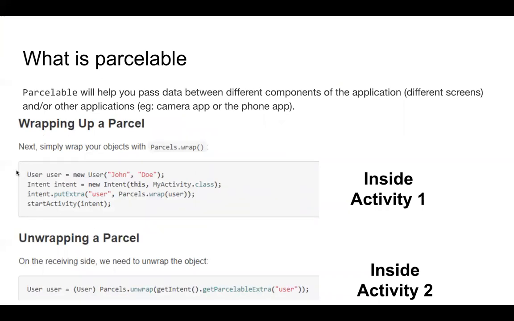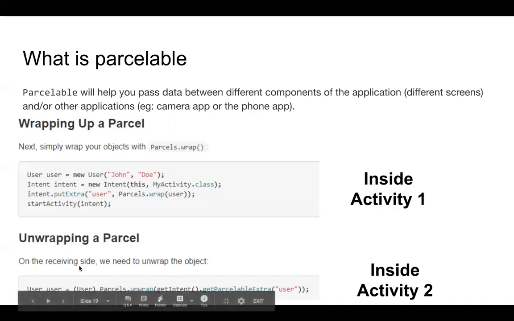So this is how you would wrap a parcel. You would use the put extra method, and you would give a name to the model object which you are wrapping, and he's called it user here. Here the programmer has called it user, as that is the name of his object. And he has wrapped that and started the intent. And in the other activity, the programmer has unwrapped that using parcel again,